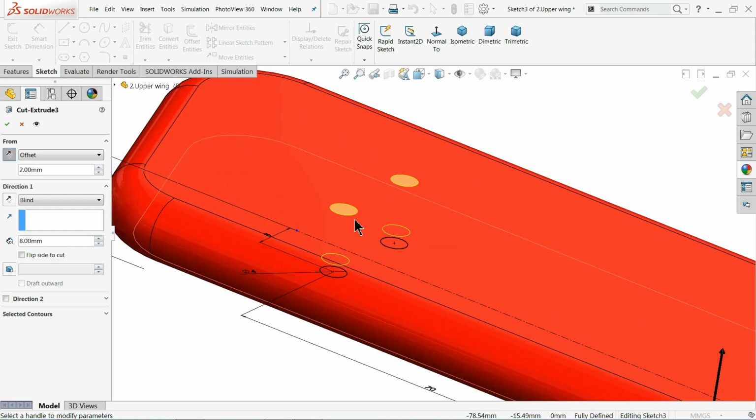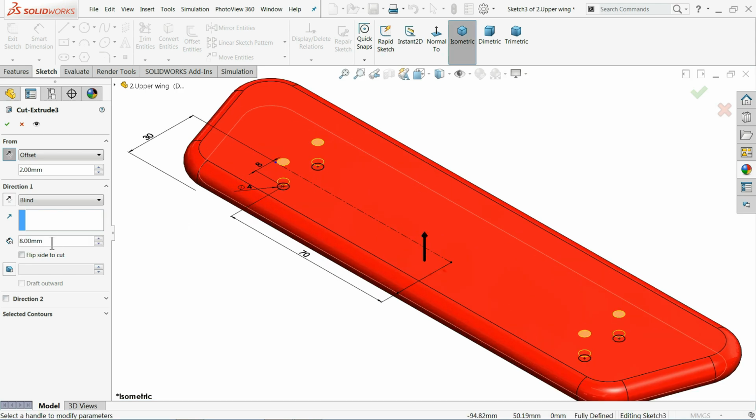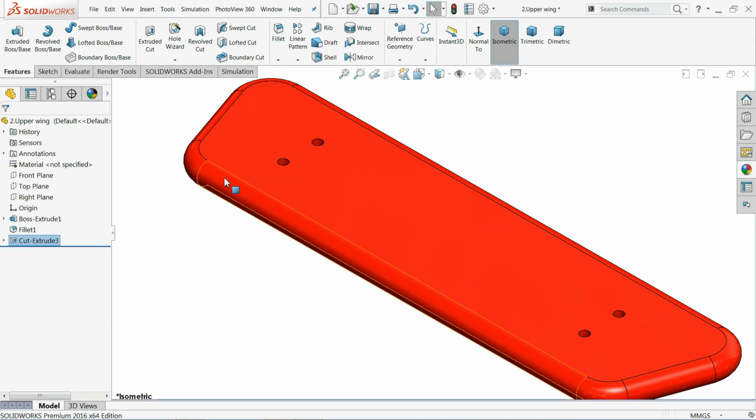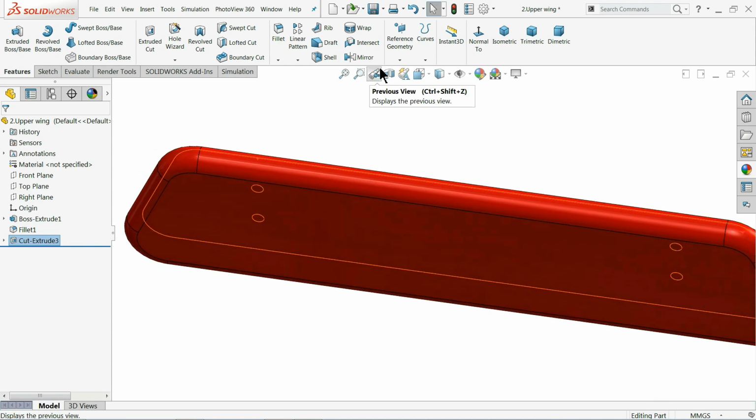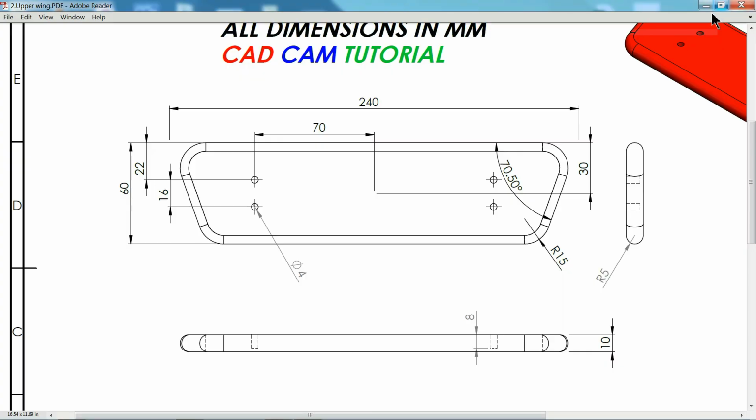Now you will see the hole will come here, and everything same, blind, because the hole we want in opposite direction. Now see, there is no hole in back side. If we see in drawing, see, everything is same.